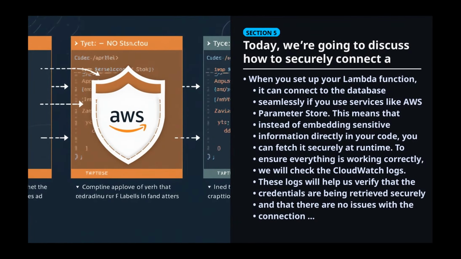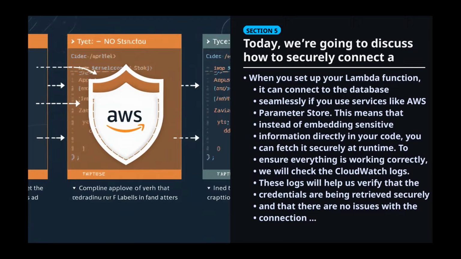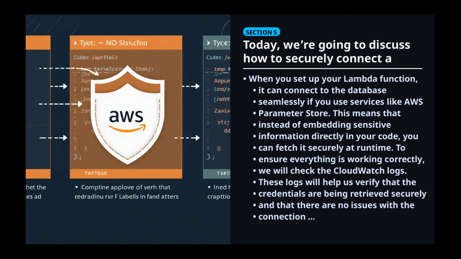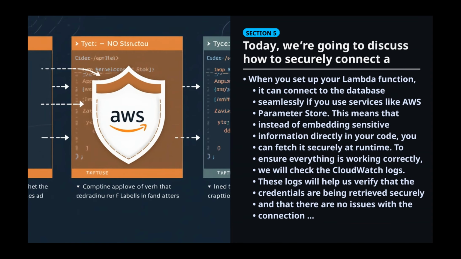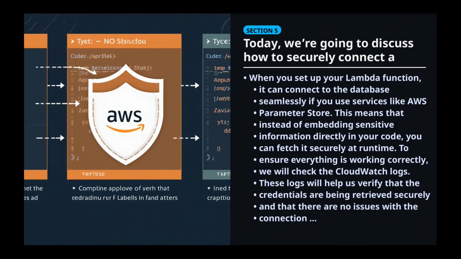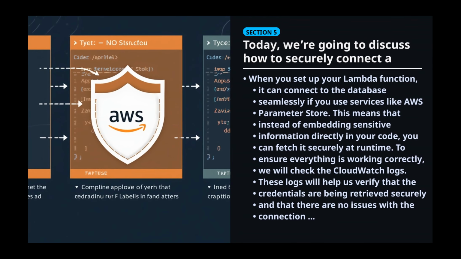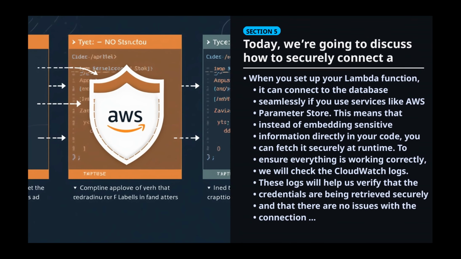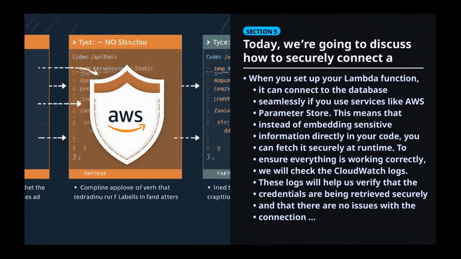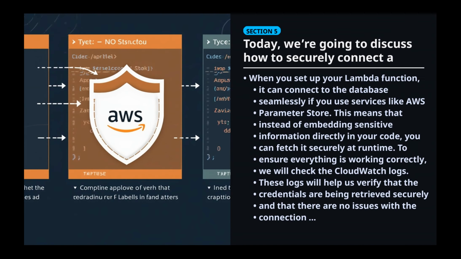When you set up your Lambda function, it can connect to the database seamlessly if you use services like AWS Parameter Store. This means that instead of embedding sensitive information directly in your code, you can fetch it securely at runtime. To ensure everything is working correctly, we will check the CloudWatch logs. These logs will help us verify that the credentials are being retrieved securely and that there are no issues with